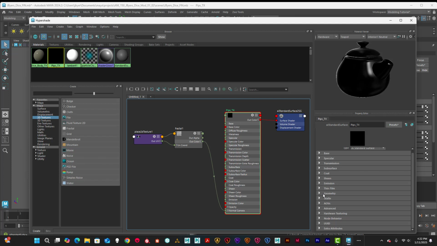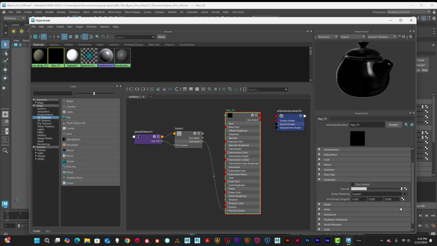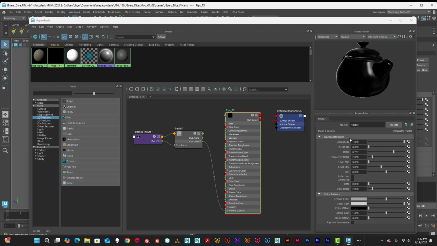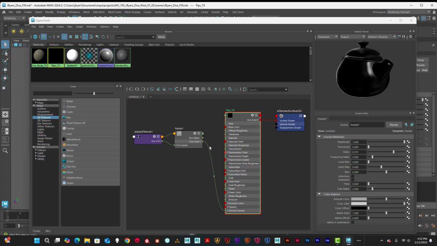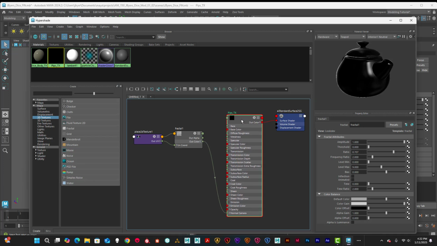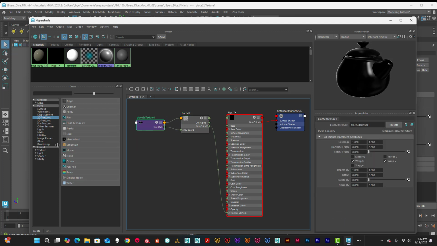Let's see if we go into geometry, and yeah, it added it to it. Okay, and you can see our amplitude, and if I double click on that, you can see that we got it hooked up. Okay, and it might be just too small to see, or this preview will not show a bump map. We're going to go more into this, but I just wanted to show you really quickly how you would use the Hypershade to map your materials out yourself, adding materials, dragging and dropping, or just clicking on